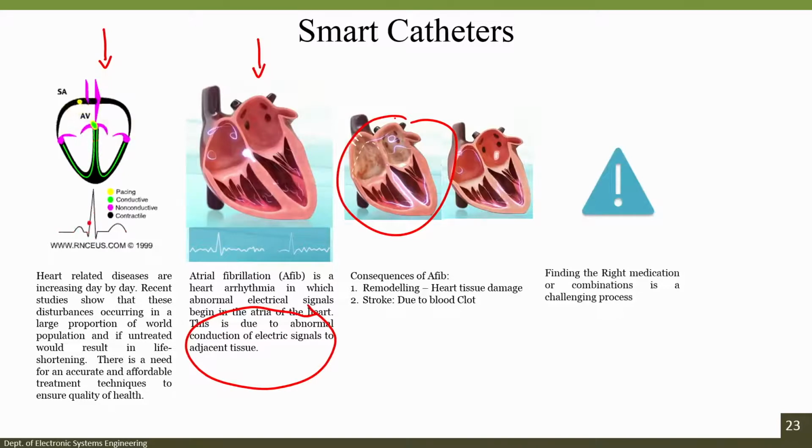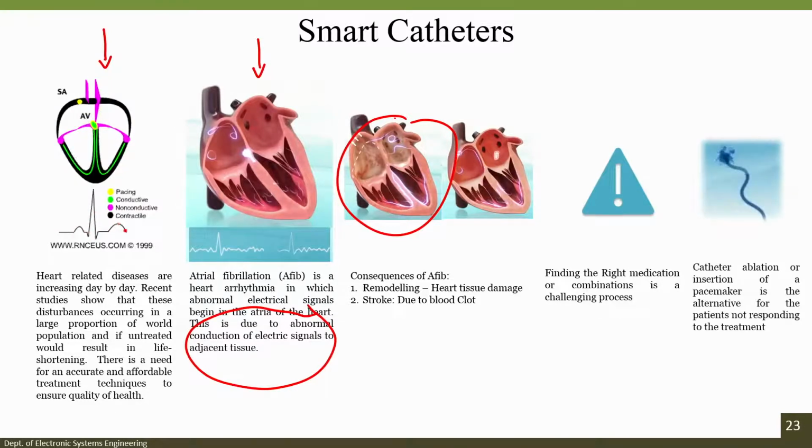First is the right medications, but in some cases medications do not work, and that is why the treatment is with catheter ablation. A catheter is a tube like you can see here, and this tube is inserted from the groin area all the way to your heart. Once it reaches the heart, you have to ablate the heart.